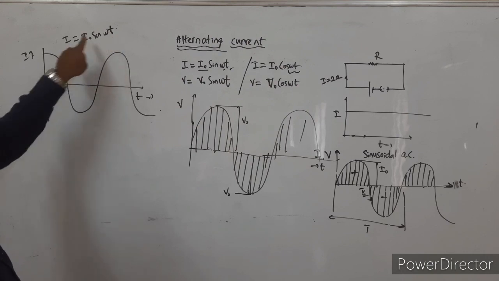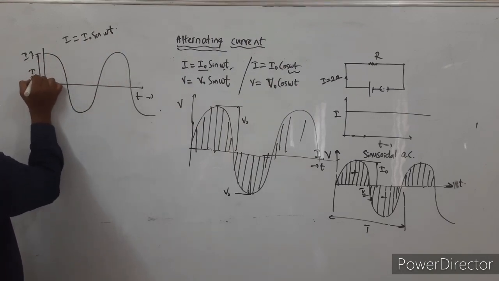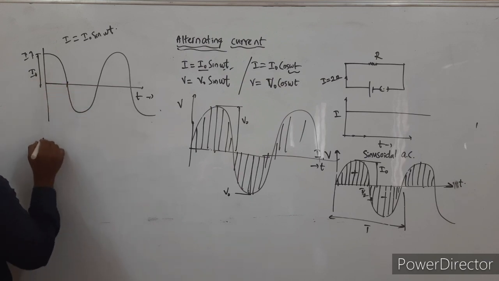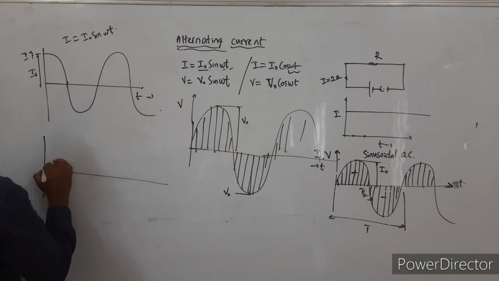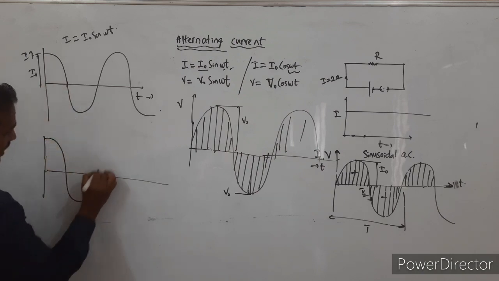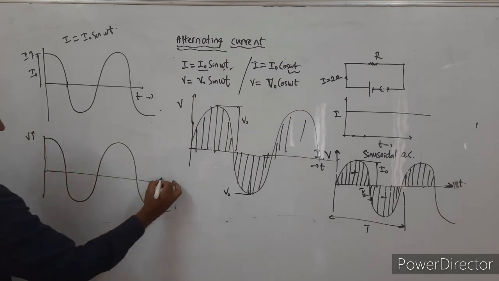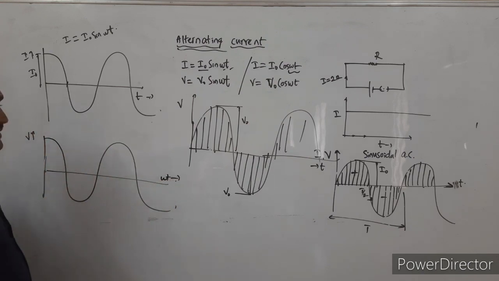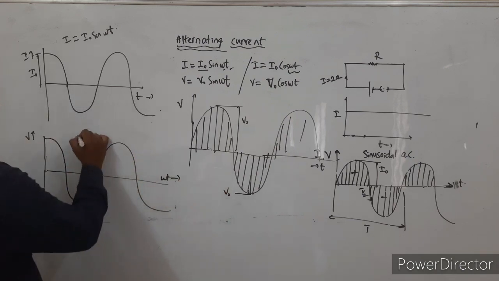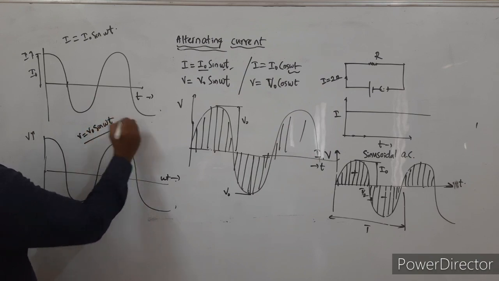When t is equal to 0, I is equal to I naught. Yes, this is the maximum value of electric current. Similarly, voltage will also be similar to this curve, that is, voltage is maximum when time t is equal to 0. I can represent V along the y-axis and omega t along the x-axis, or I can write t along the x-axis. So this equation is V is equal to V naught sin omega t.